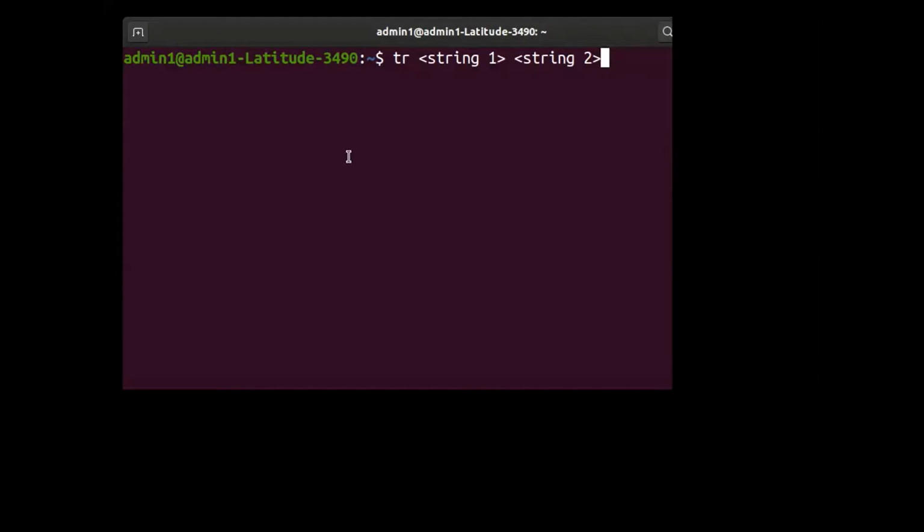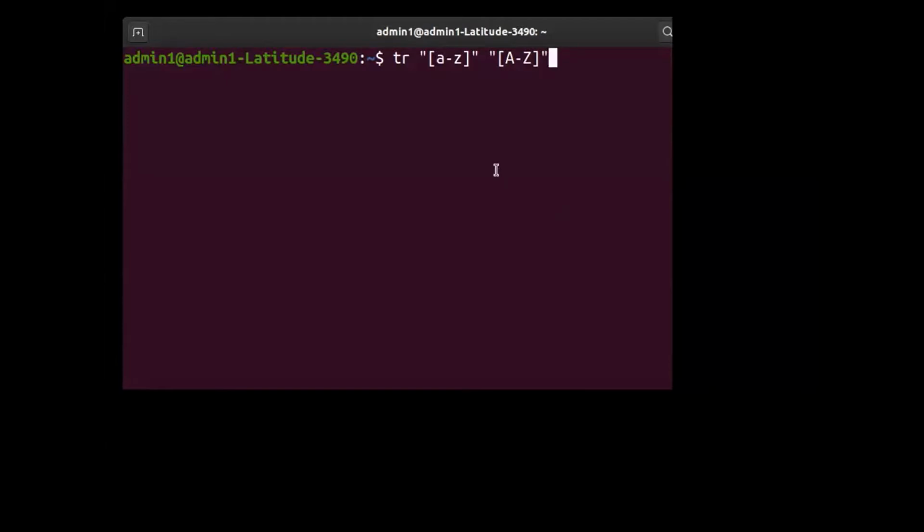As you have made a note that this particular command does not take a file name as an argument, right? So just watch out. tr followed by string 1. I'll put it like this: double quotes, square bracket open, a hyphen z, square bracket close, double quotes. Then once again double quotes, square bracket open. This time I'm going to give uppercase A to Z.